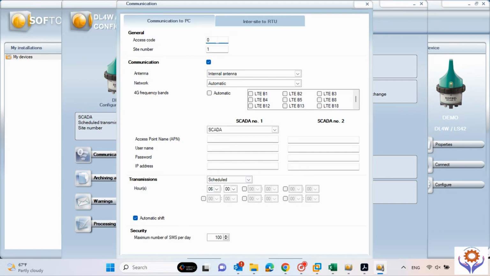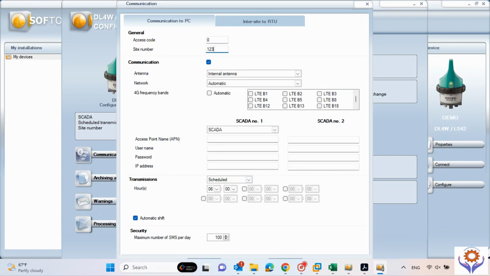And the site number you have to give, because each one has a site ID, so you have to give the same ID. I will give 123. For another one you have to give 1234, or 124, 125, like this. You have to give not the same ID, because otherwise the system will call all the dataloggers and they will communicate with the same place. So better, even though the Datalogger will communicate with the SCADA through the IP, you have to put